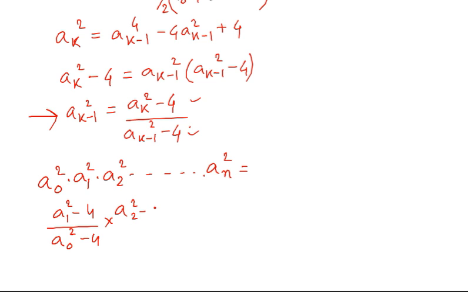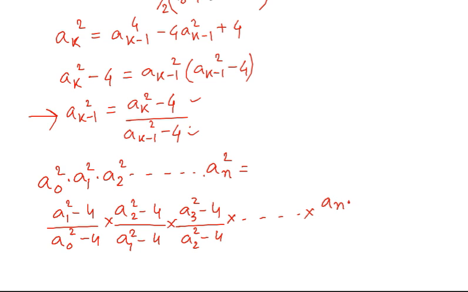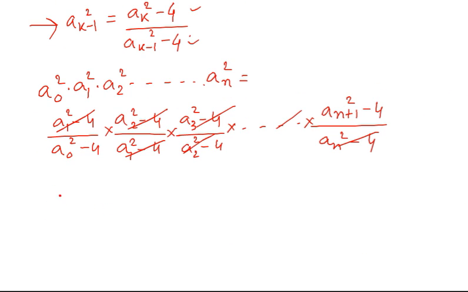2, so we get a2 square minus 4 divided by a1 square minus 4, then a3 square minus 4 divided by a2 square minus 4, and this is going to continue up to an square, which is going to be an plus 1 square minus 4 divided by an square minus 4. So basically what is happening, these factors are getting cancelled out and we are left with an plus 1 square minus 4 divided by a0 square minus 4, and a0 is known to us, again 5 by 2. So 5 by 2 square minus 4 is going to give a value that is 9 by 4,